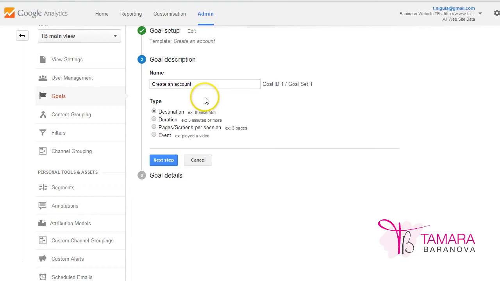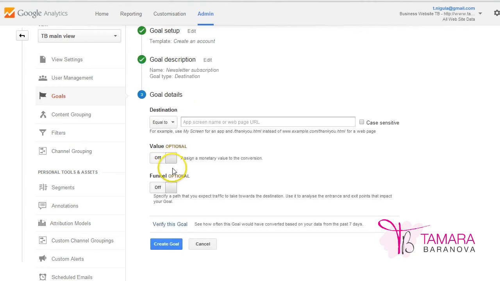We click Next Step, and then here we can say Newsletter Subscription. And then here we can say that the type of this goal is a destination goal, so we're going to track it as a thanks type page. So next step, and then here we can say the destination page is equal to thanks for